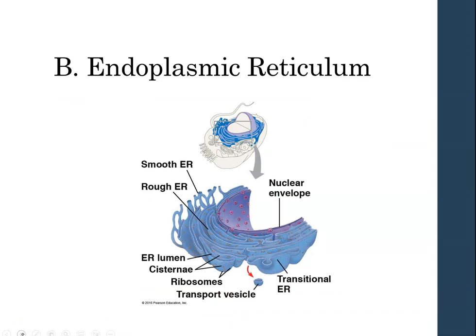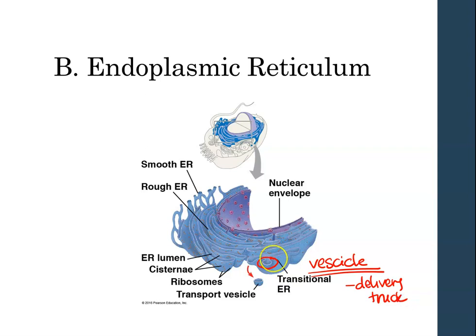So here's a diagram of a blow up of our rough and smooth ER. Again, we've got the tube-like smooth ER and the rough ER. This picture is a little bit bigger. You can actually see a little vesicle pinching off. So again, a vesicle is like a little packet. It's basically like a membrane bubble that has something inside that needs to be moved around a cell. I like to think of it as like a delivery truck,